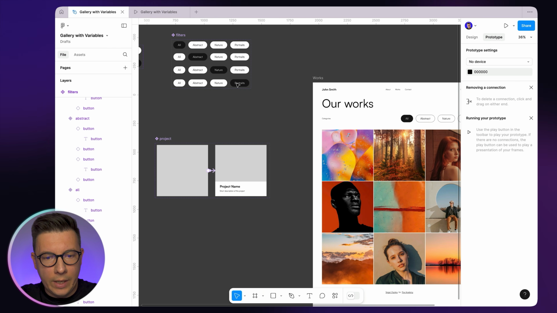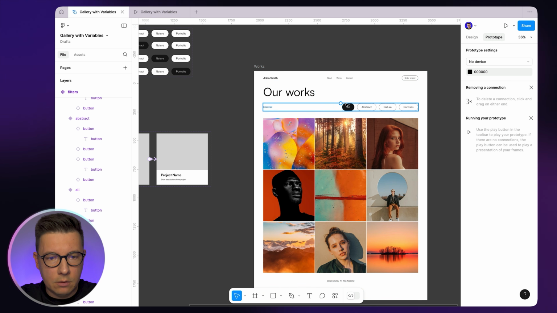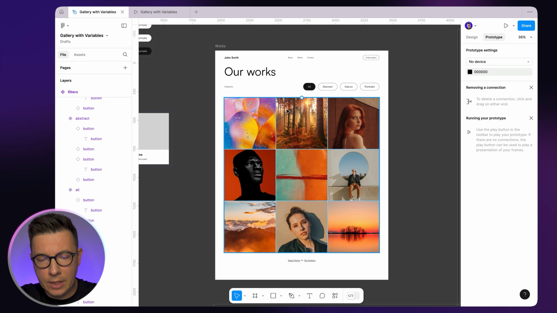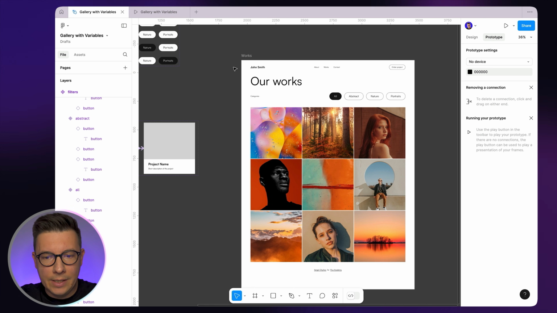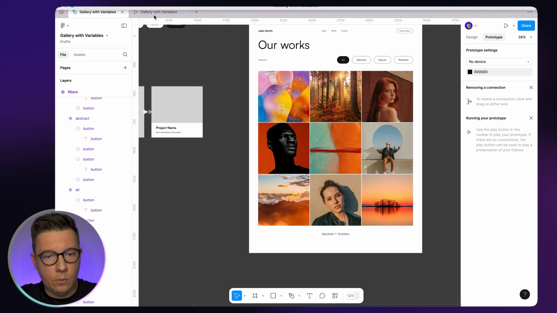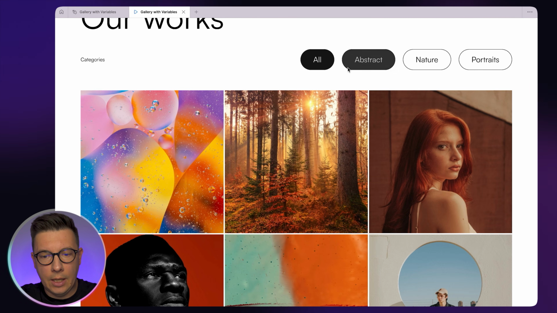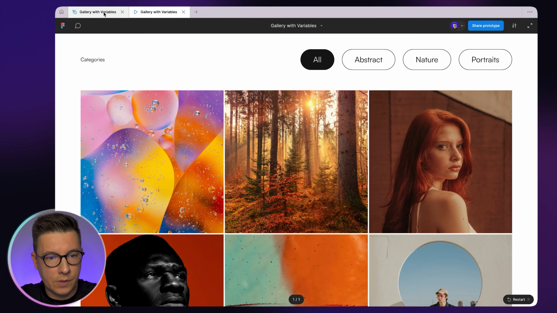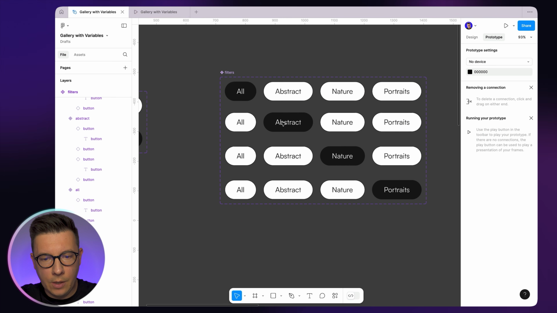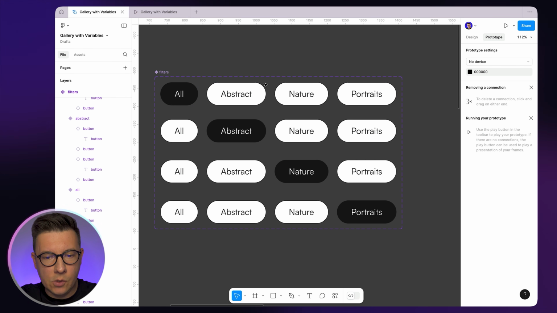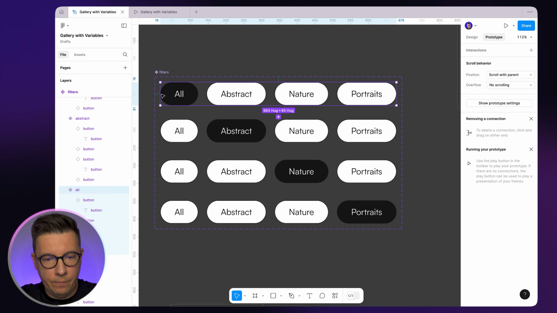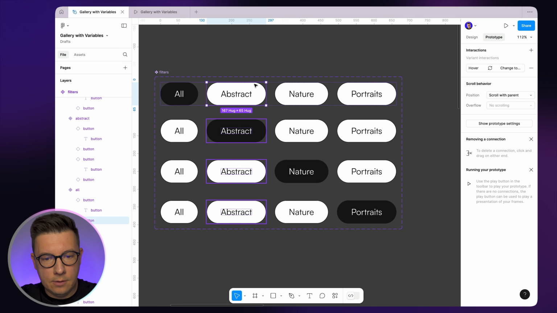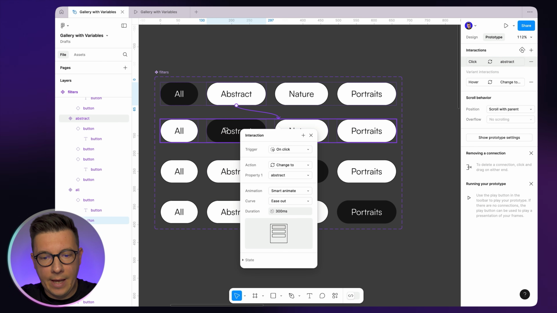So now we need to actually create the filtering aspects, the thing that we can filter. So now we need to make this interaction that we can select the abstract, and it will filter out the rest of the pictures. In order to do that, we need to go to our filter component, and we need to add some interactions here. So the first thing, we need to select our abstract button. We need to drag the arrow to our second variant where the abstract is